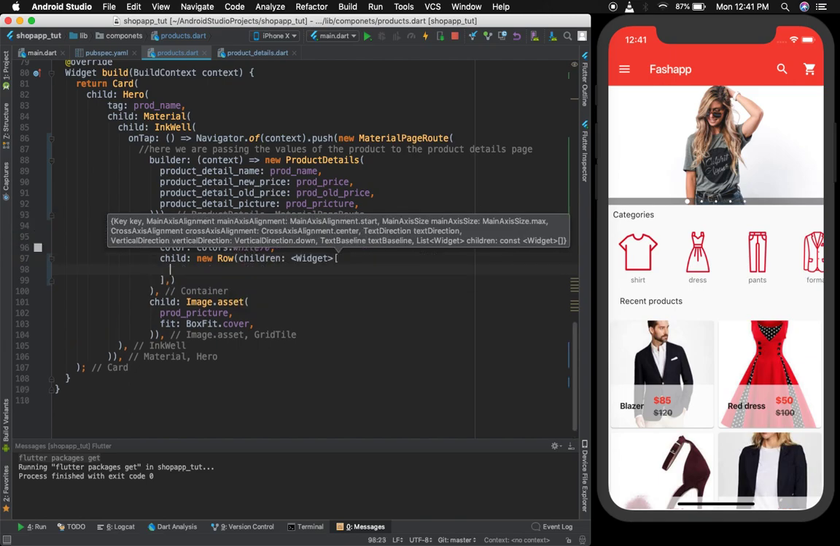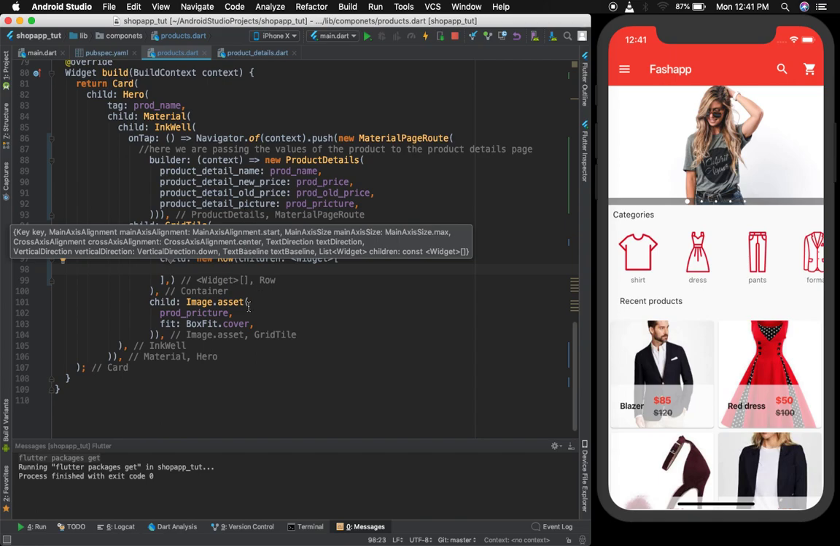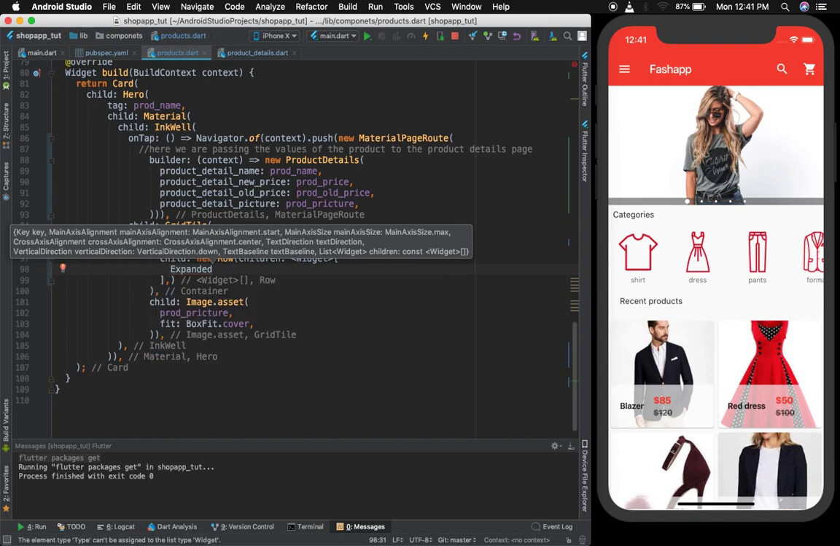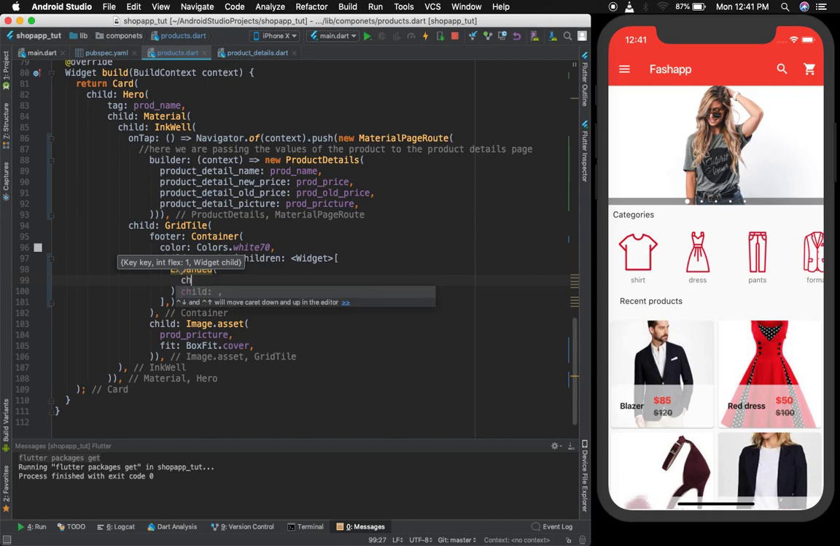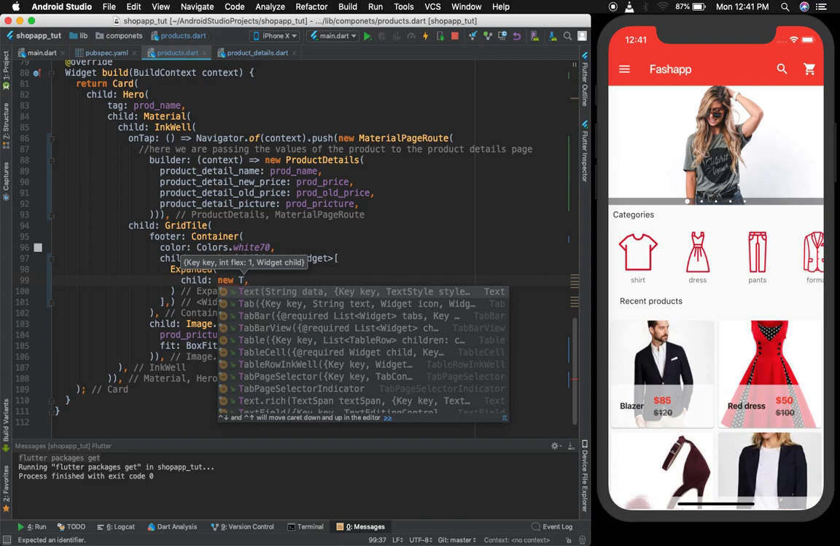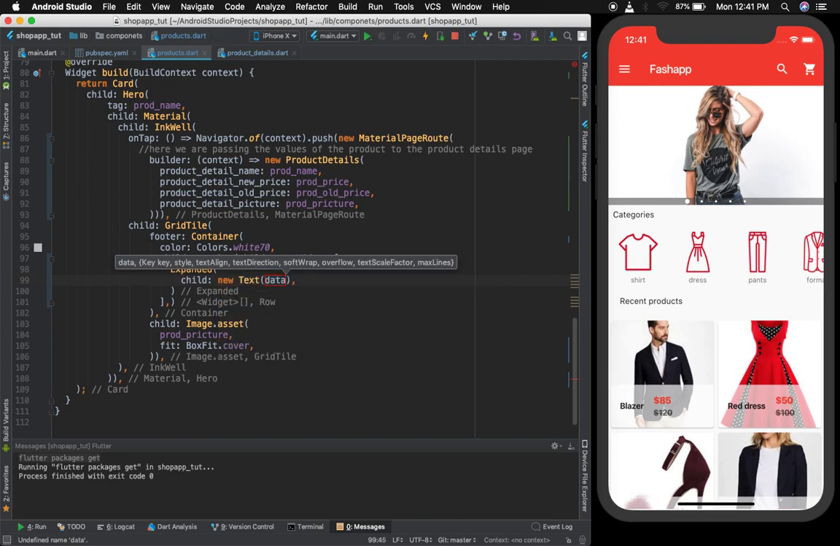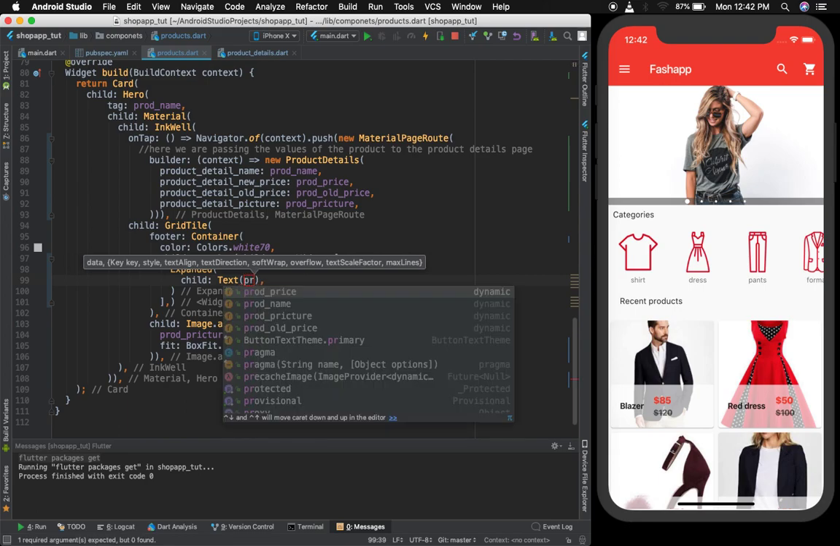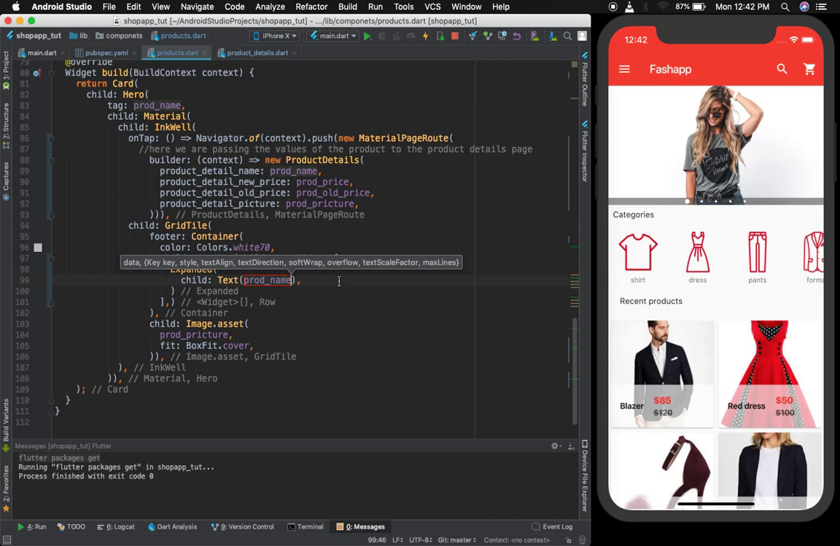So I'll just provide here children, and I will give expanded widget, and inside of this I'm going to give child new text. You see, let me try to show you if it is possible. Okay, it's quite the same thing. You don't need to use it. New text, and here I'm going to give widget. Oops, not widget. I'm going to give product name, and